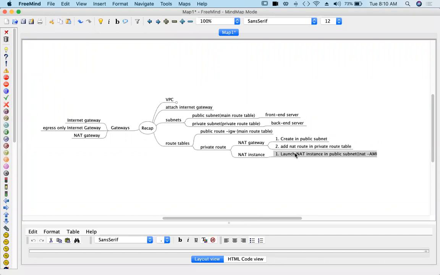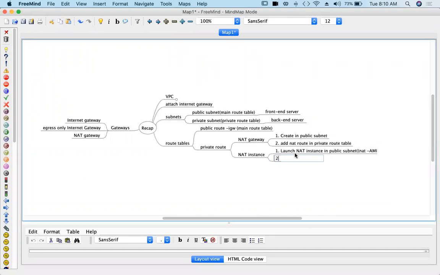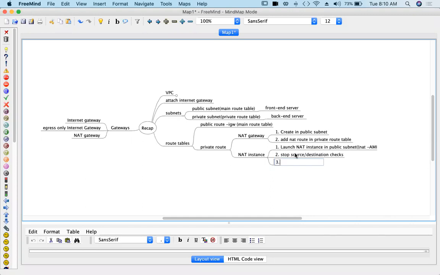And then disable or stop source or destination checks. That's the third one.